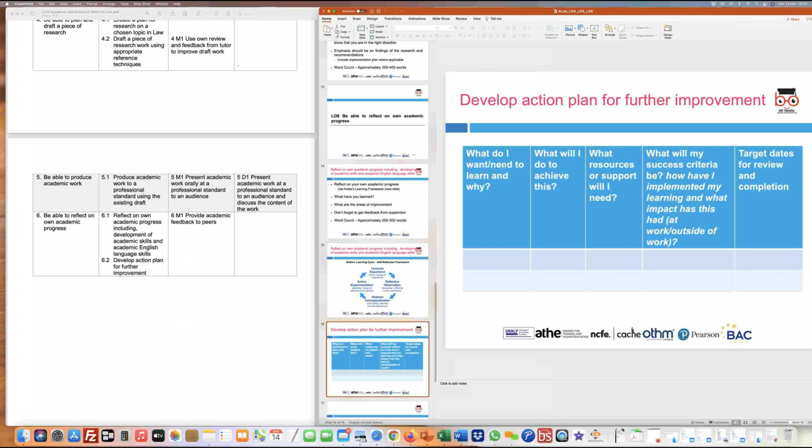How would you go about achieving it? What resources or support was required? What are the various sources from which you actually picked out or sought the information? And what was the target date that you had put for completion, and were you able to complete it on time? So when you look at this particular table, this will help you translate your